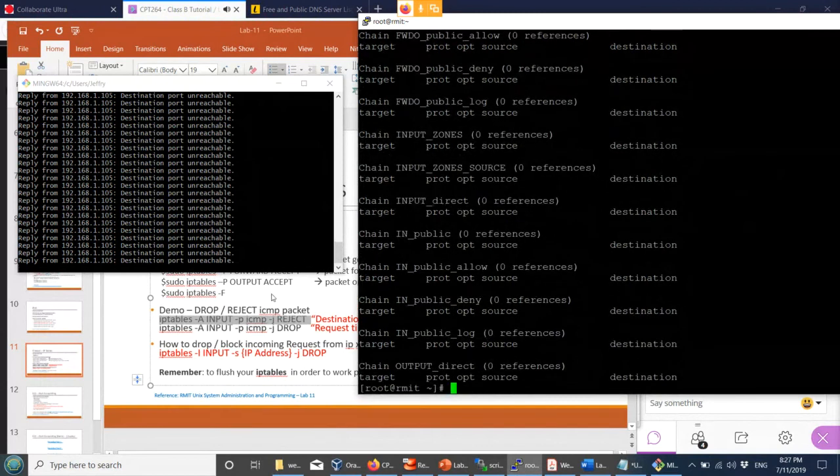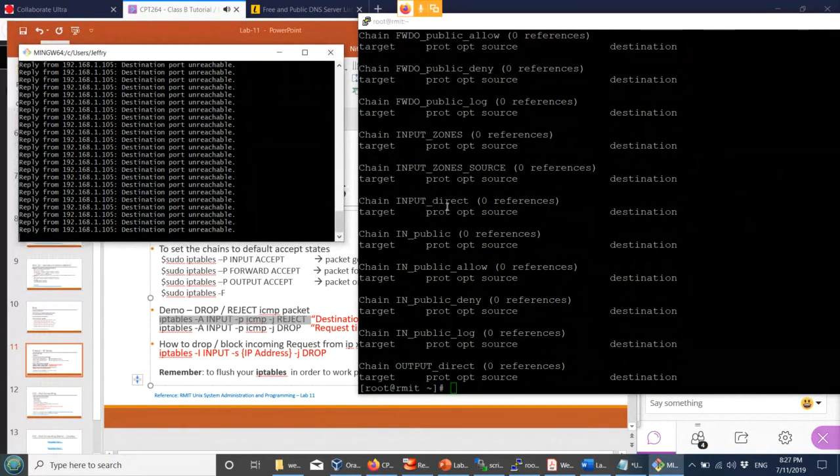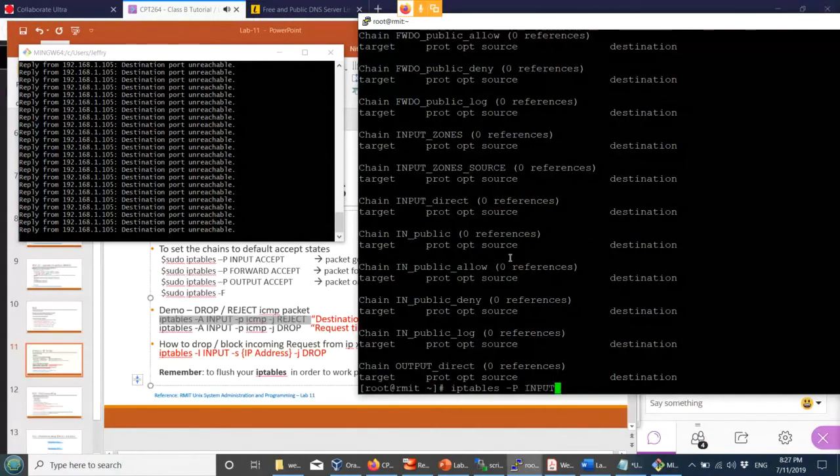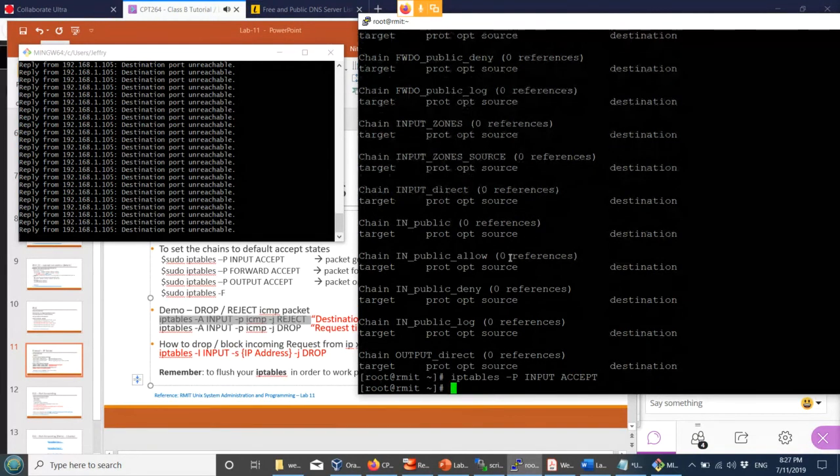Now we will try to clear the packet here, so try to reset back to the original one. This is the one that we just used, that's reject. So if we just go back to accept here,